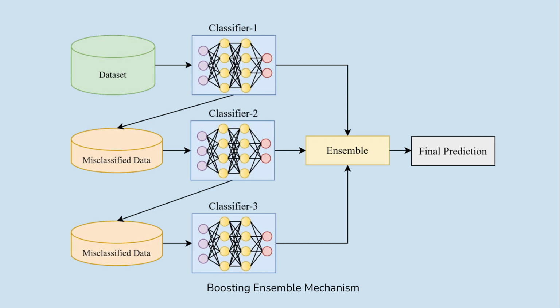This is done so that classifier 2 can specifically focus on the problematic areas of feature space and learn an appropriate decision boundary. Similarly, further steps of the same idea are employed, and then the ensemble of all these previous classifiers is computed to make the final prediction on the test data. The main aim of the boosting method is to reduce bias in the ensemble decision. Thus, the classifiers chosen for the ensemble usually need to have low variance and high bias, that is, simpler models with less trainable parameters.